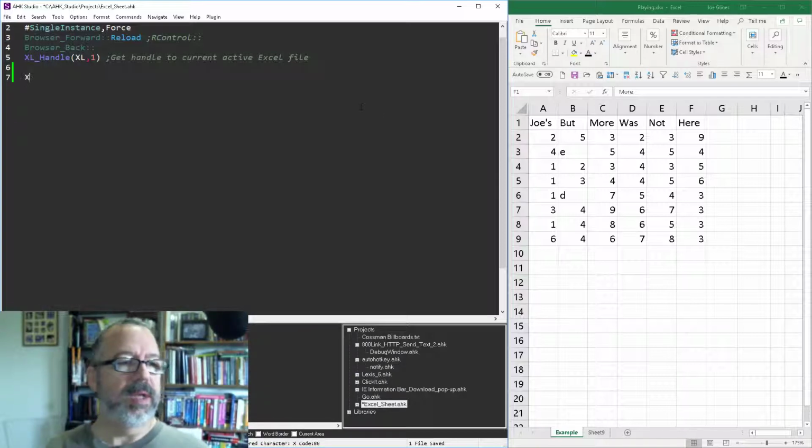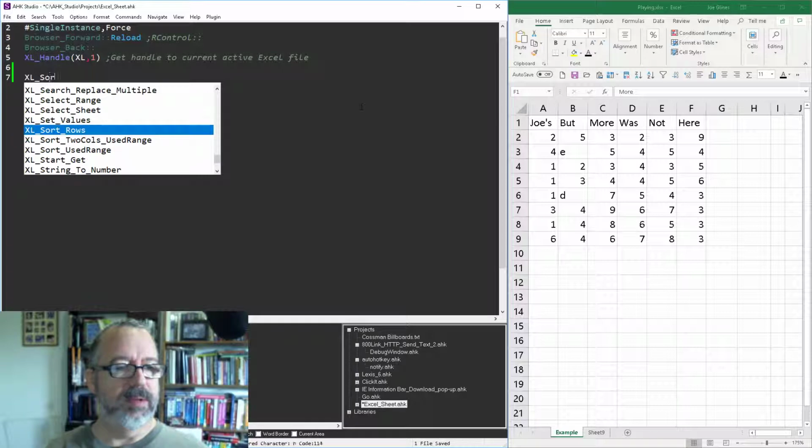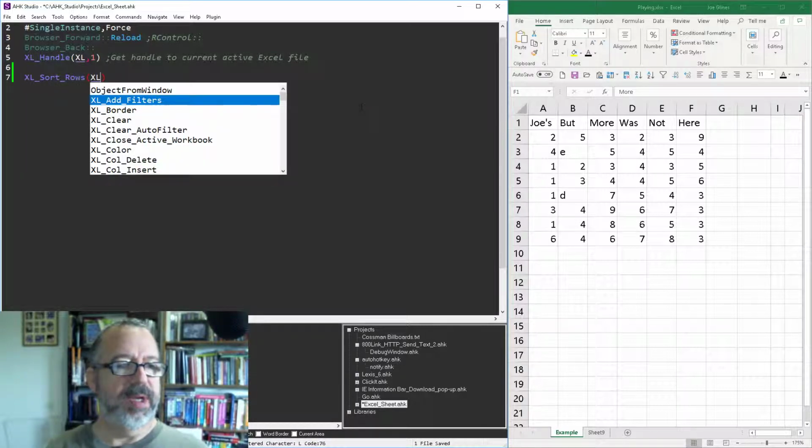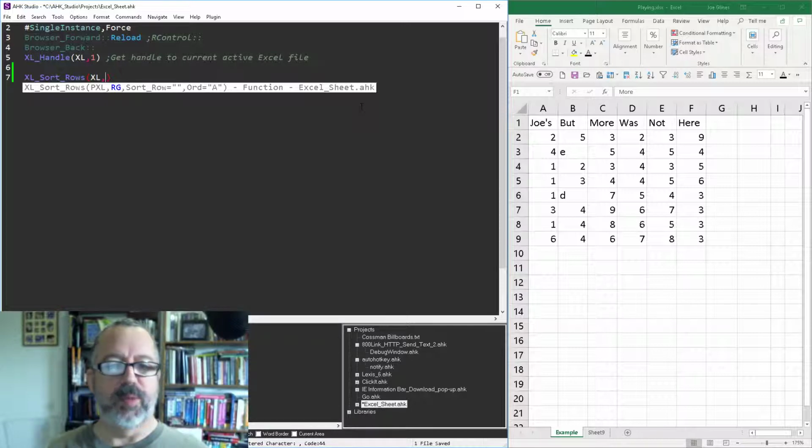So let's say I have my Excel sort and sort rows. So Excel goes here. I'm going to throw in a comma. Now it's going to ask for what range. So I want A1 down to F9